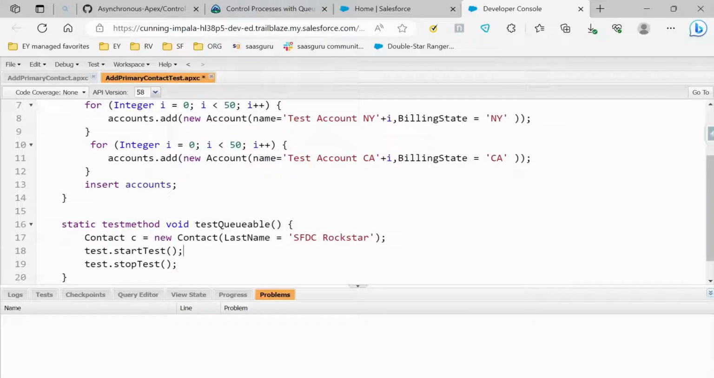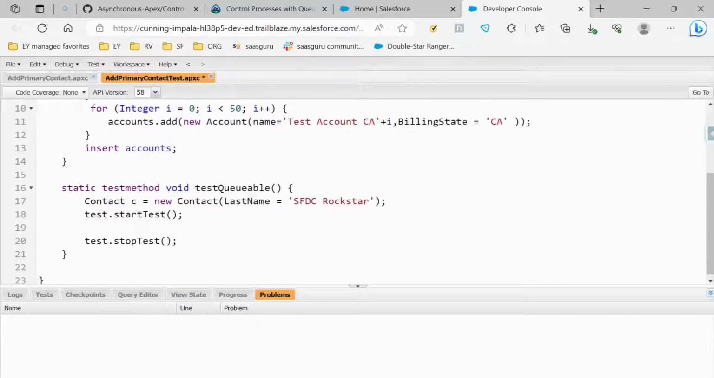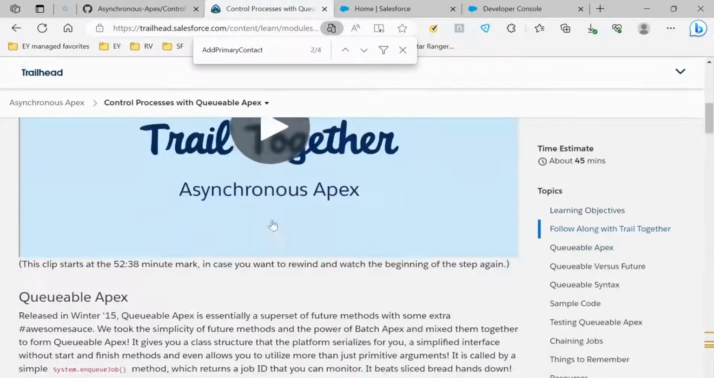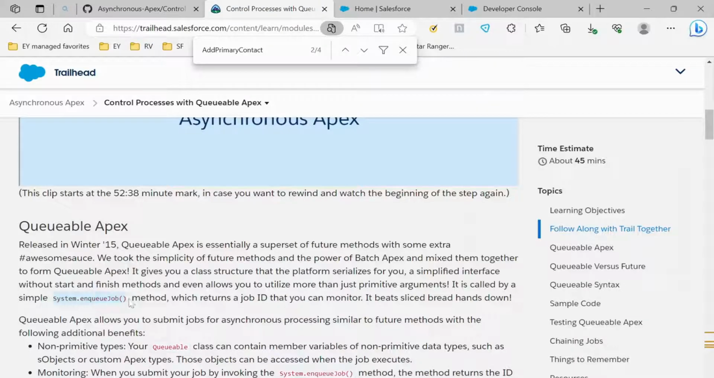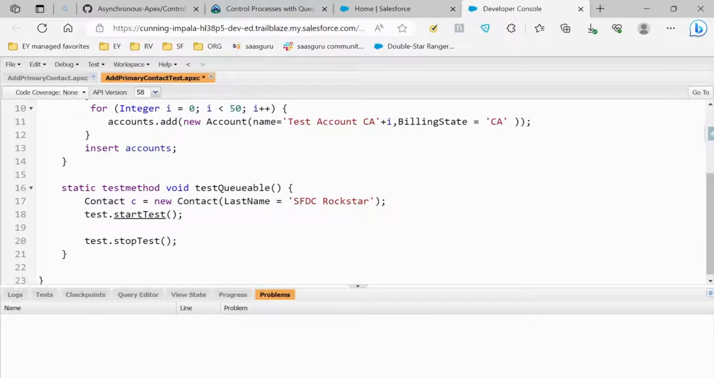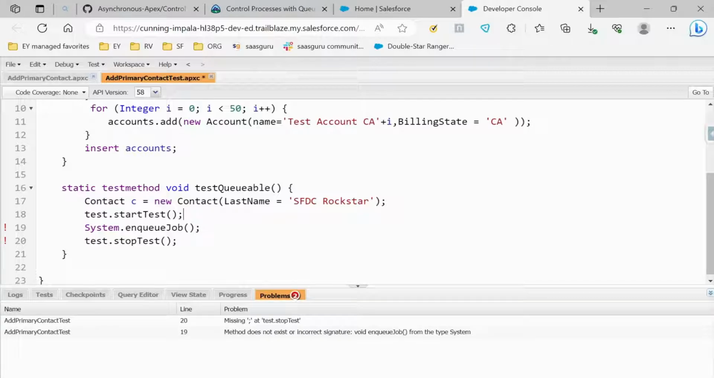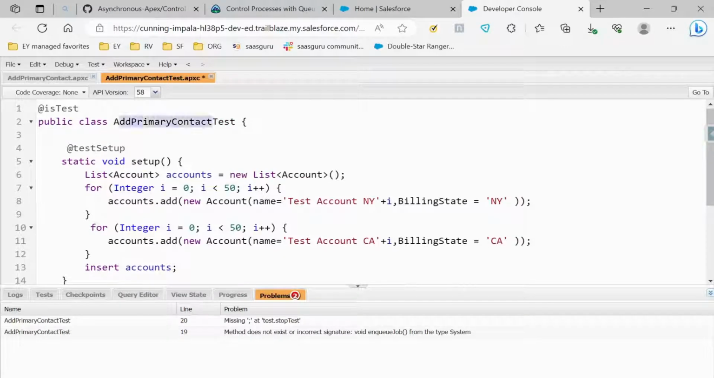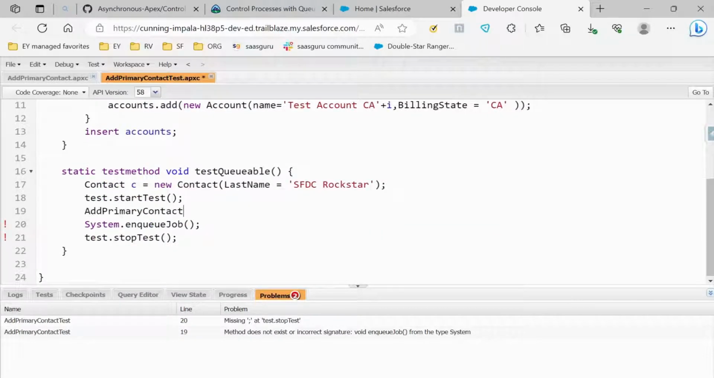In between these lines we will call the method, System.enqueueJob. Should we create an instance of that? Yeah, definitely. How would we pass the parameter then? So an instance of AddPrimaryContact, which is this, apc is equal to new